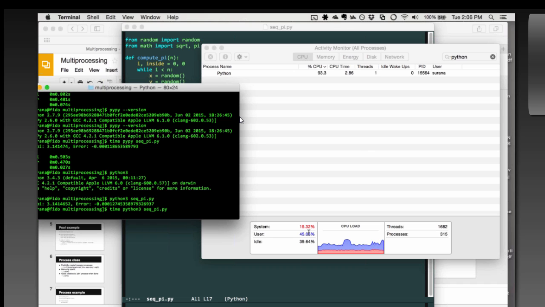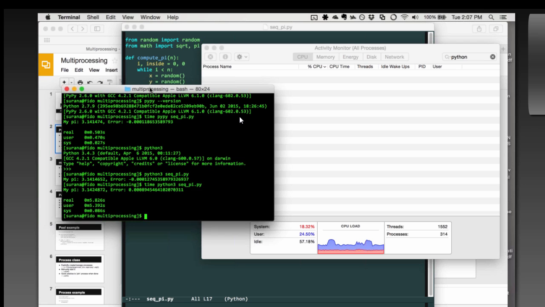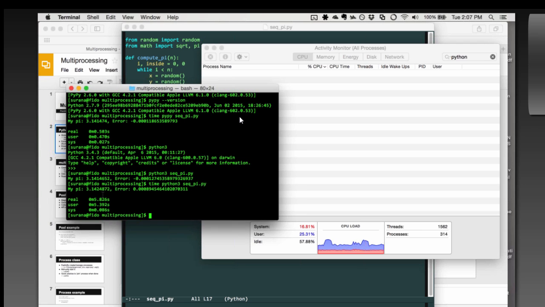The user time does not go up to 100%. It's only at 50% because one core is being pegged with GoToMeeting, and the other core is being used by this Python program. And the time that it took to compute pi, you see I get 3.14248, and the error is not bad, right? And the time that it took is 5 seconds, okay? So this is a sequential version